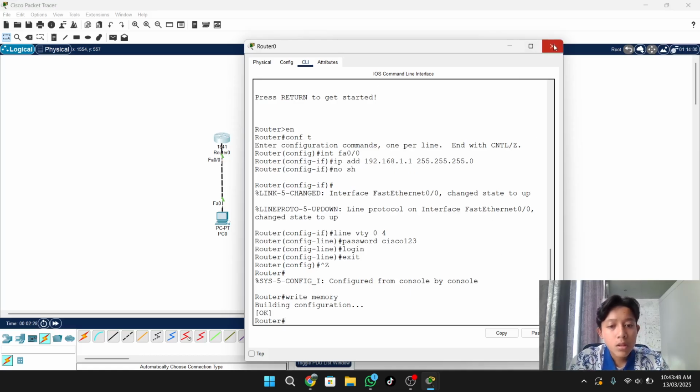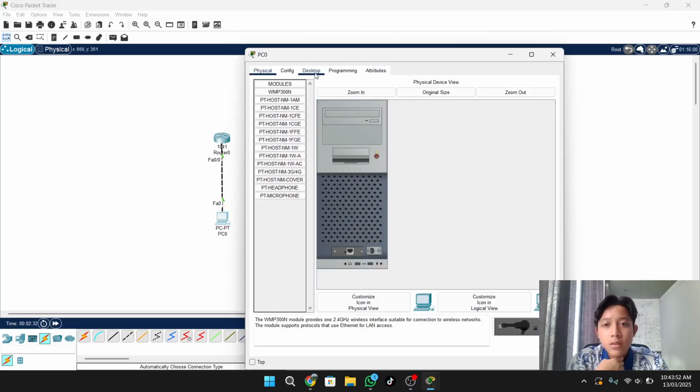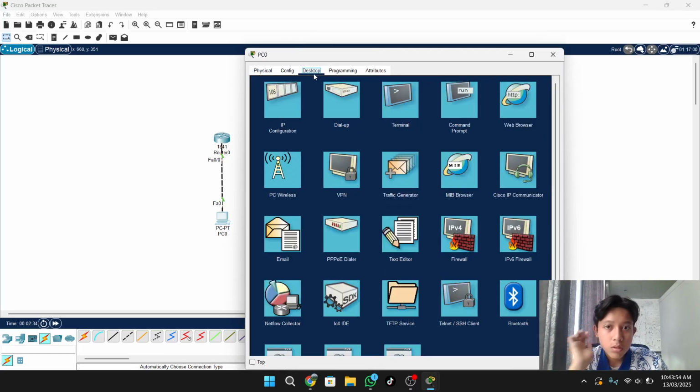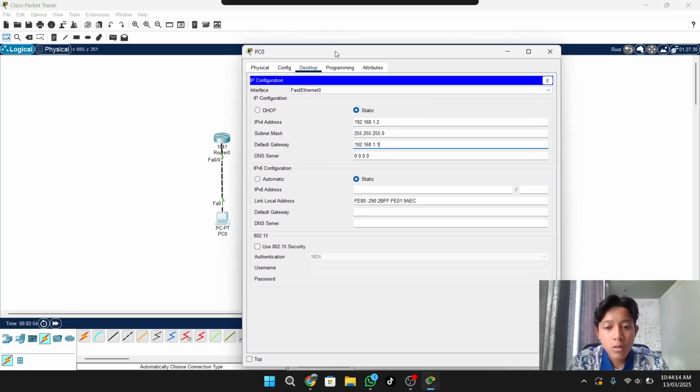Okay. After that you can configure the PC. First, go to desktop, and you can configure the IP first. For the IP, for example I use 1.2. For the subnet mask it's the same as the router, and the default gateway is the IP of your router, I use 1.1.